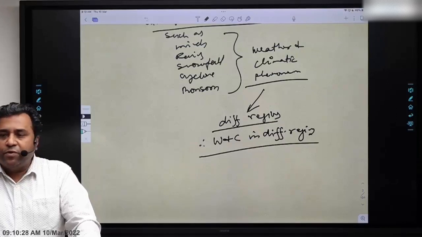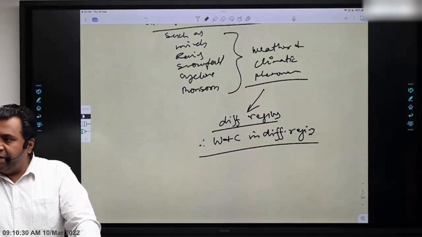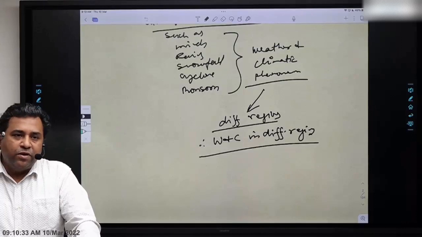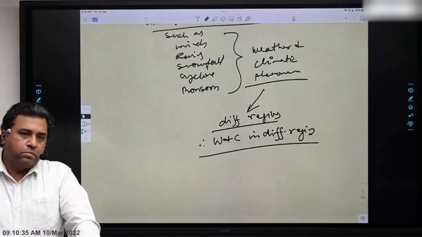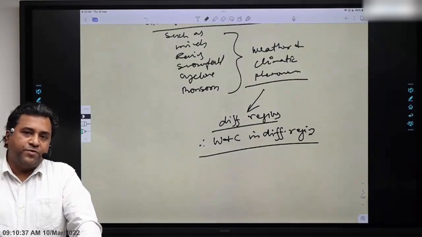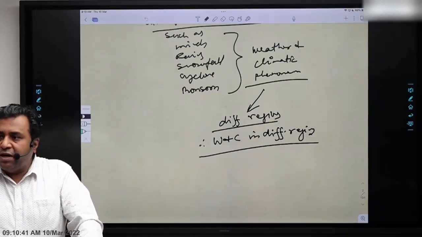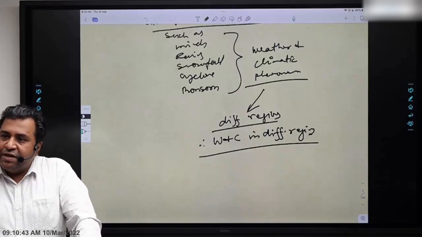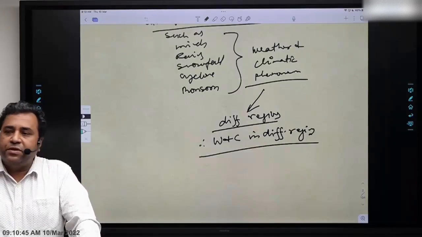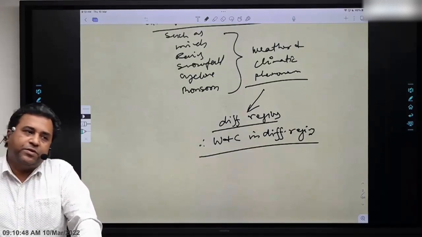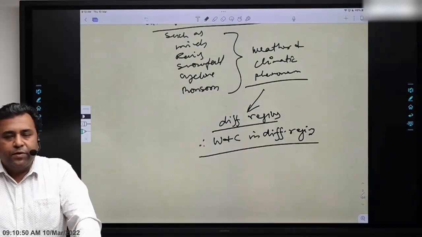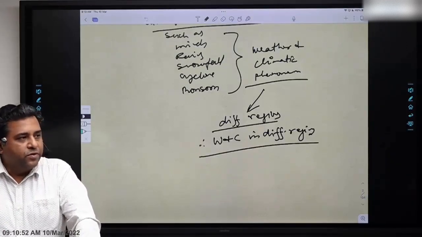Which means whatever amount of heat we are getting, ultimately we are giving up all the heat back to the space. The atmosphere is also giving it back to the space. Okay? It's not going to the atmosphere. From the atmosphere it has to go to space. Okay. So from the atmosphere it goes to the space. Clear? Okay. Then what happens? So this was vertical heat budget.